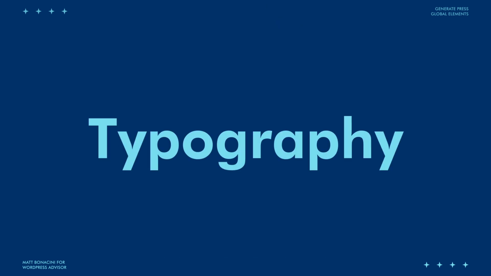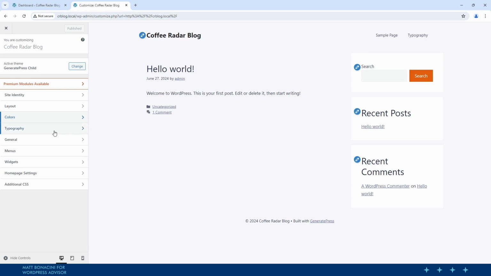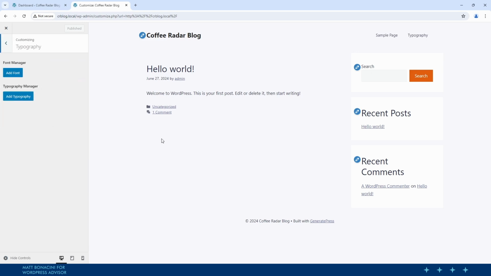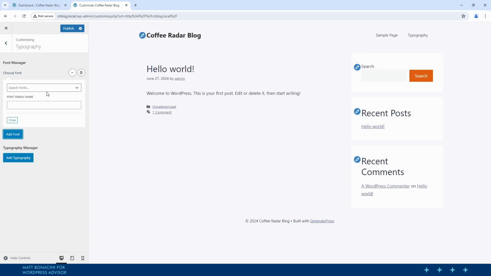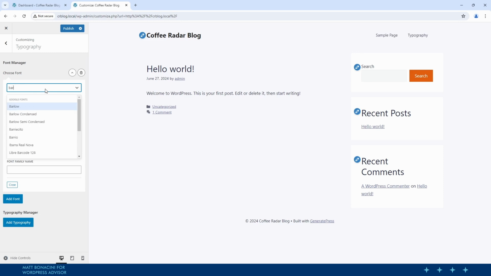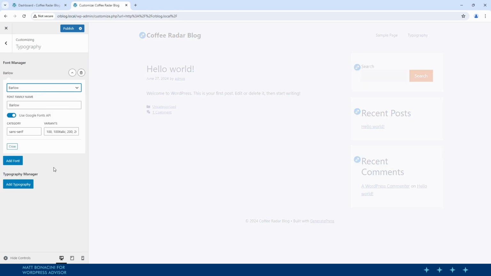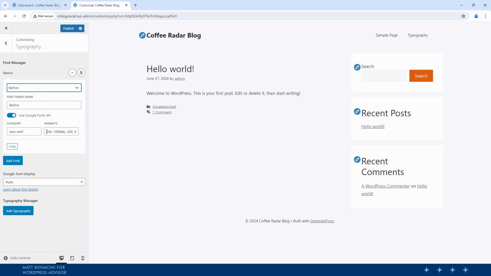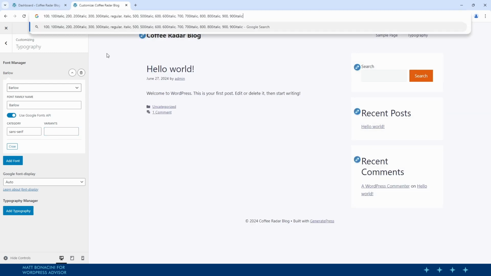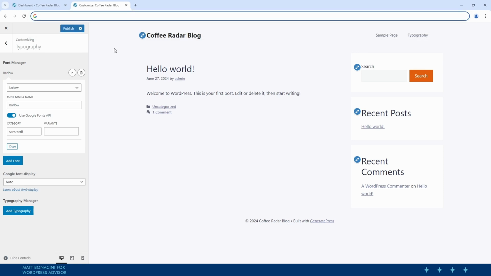Configuring typography with GeneratePress is incredibly simple. You first add the fonts you plan to use right here in the typography panel. By default, you will find some Google fonts. In my case, I'm going to use Barlow. In the font manager, you can also select only the font variants you need. I'm not 100% sure how GeneratePress handles this part, but to be safe, here I include only the font weights I need. So in this way, we don't risk requiring extra resources, because that could impact the performance of the